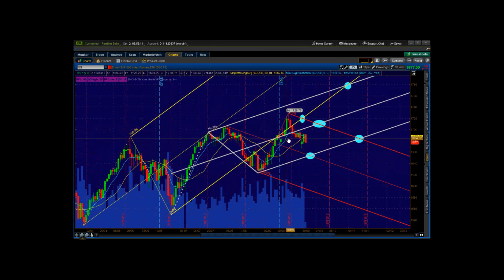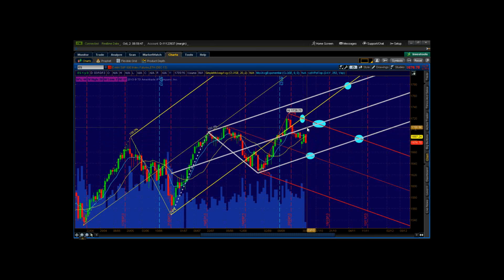This is the modified shift fork that I added a couple weeks ago, and then this is the opposing downward sloping fork that I added about 2 weeks ago. And you can see that we've created some energy points, and the key energy point below us, as long as we stay below the center line of the modified fork and come down off of the upper line of the downward sloping fork, we have an energy point down here. Well, look at where it is, right near that naked cross at 1654 and a quarter, 1653 area.